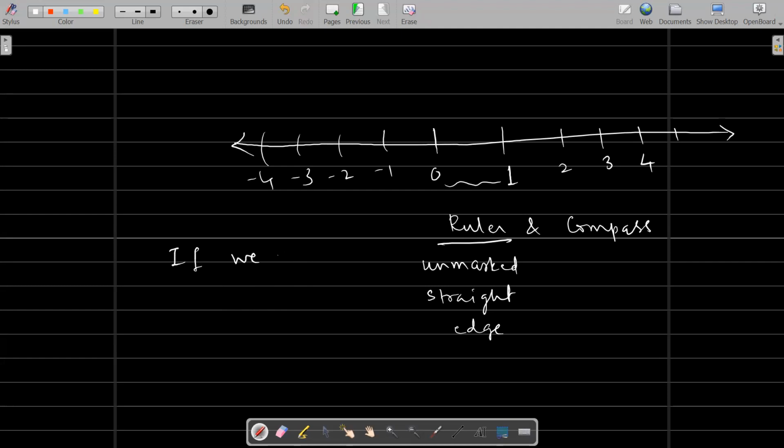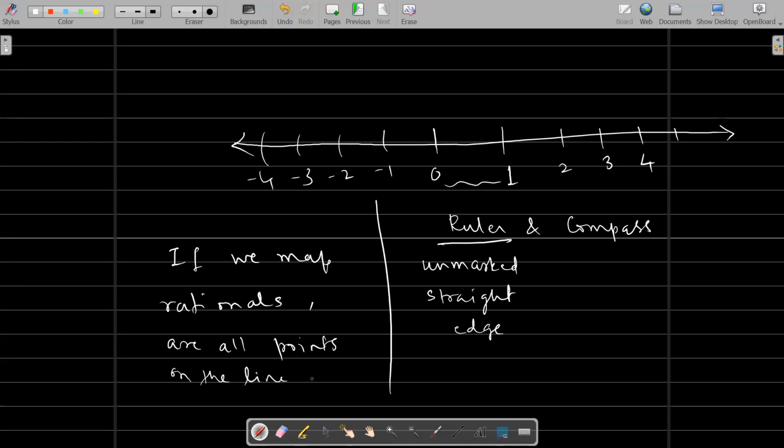Now the question is, if we map all rationals, have we covered each and every point on the line? And the answer is no. Why? Because